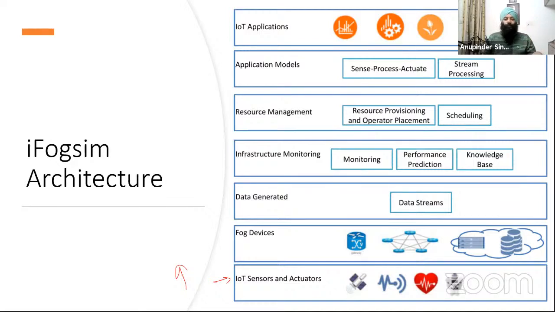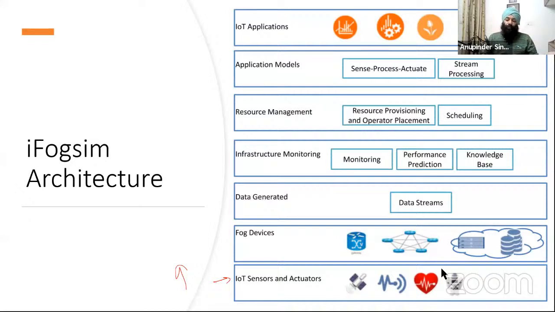So this is a very simple use case which you can consider, or maybe you can consider a use case corresponding to the hospital environment, like the example I took for the oxygen flow for a particular patient. So sensors and actuators are going to work corresponding to that particular model. This layer is going to have the implementation for those things. By default, there are two particular classes, Sensor.java and Actuator.java. These two classes are there in iFogSim. If you want a customized kind of class, then you can go and